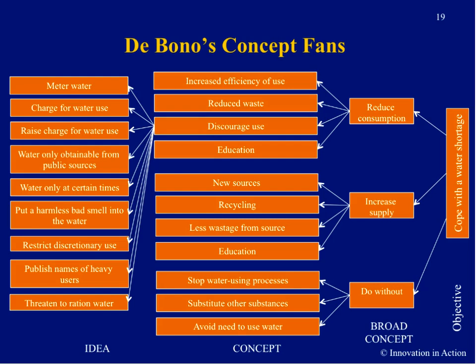Once you have all these ideas you came up with from many of these techniques we've just talked about, we like to organize them into what de Bono calls concept fans, essentially a mind map of the design space. As shown here, you list your problem objective on the right, cope with the water shortage. And then if you were just beginning with that, you might think of 3 broad ways you can do that: reduce consumption, increase supply, or do without. Then you take each of those and you drill a little bit more specifically into ways you can reduce consumption. So for example, one of those would be discourage use. And then you think again, what are the ways I can discourage use? And so you build this fan or tree of the design space.